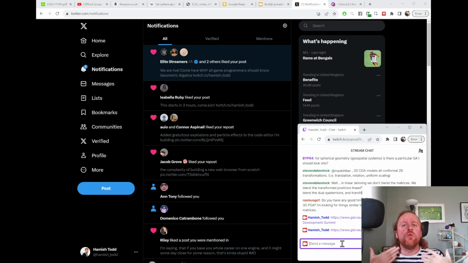Slightly longer. You want to get used to seeing these things as what they are, which is compositions of planar reflections. Even if it's just a plane, a plane is a single planar reflection. If you've got E1, that's the x-axis plane. That is the planar reflection in this plane, right? E2 is the planar reflection in this plane, right? If you've got E1 plus E2,